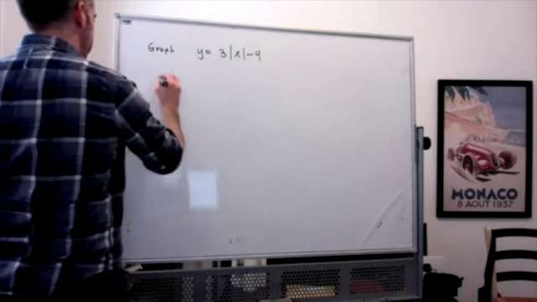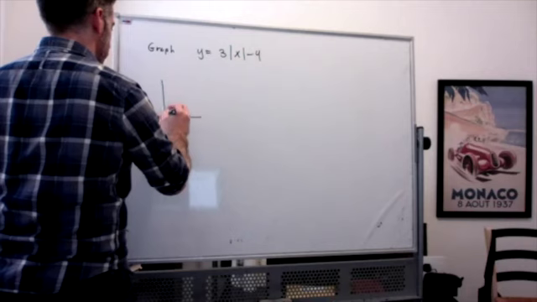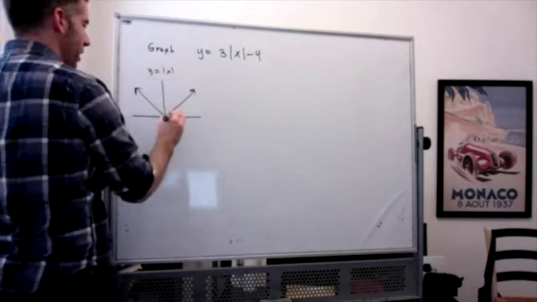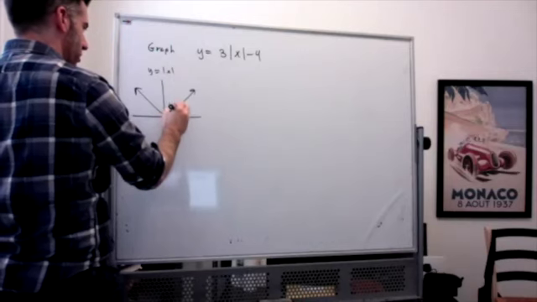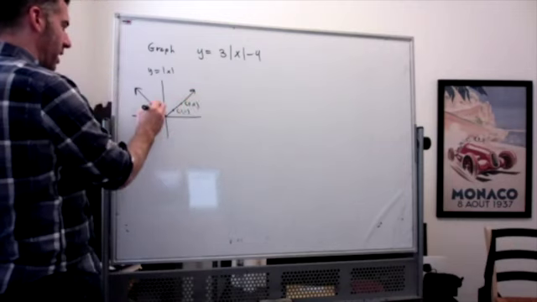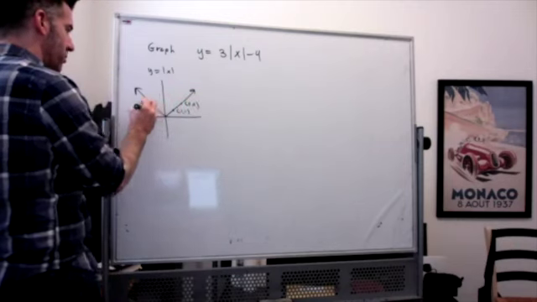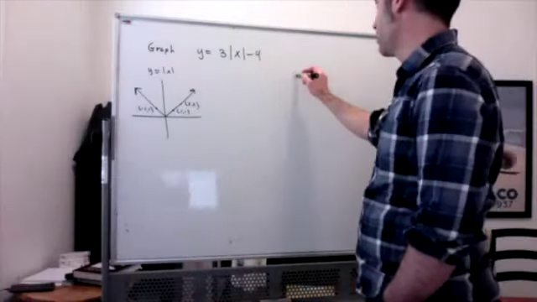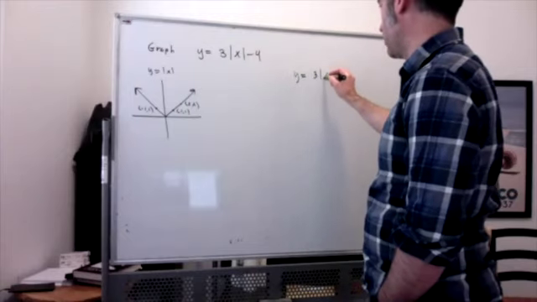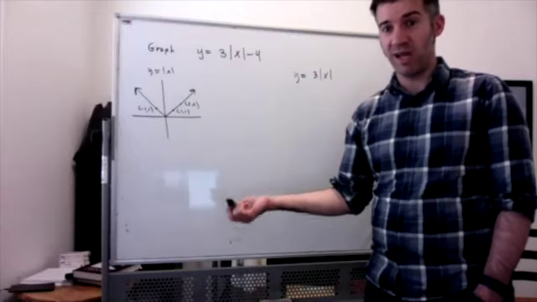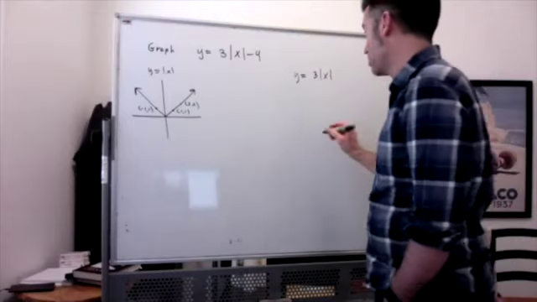So here's the absolute value of x. And we've got points like (1, 1), (2, 2), and (-1, 1), and so on. And now I'm going to graph the stretch part, the 3 times it. So I'm going to look at y equal to 3 times the absolute value of x. And what's going to happen? Well, the y values are going to be 3 times as large as they would have been. So instead of getting